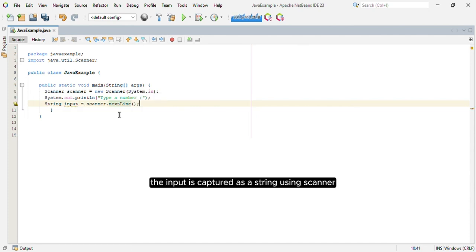The input is captured as a string using scanner.nextLine and stored in the variable input.